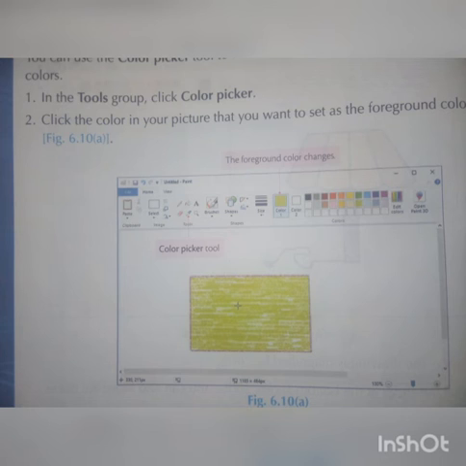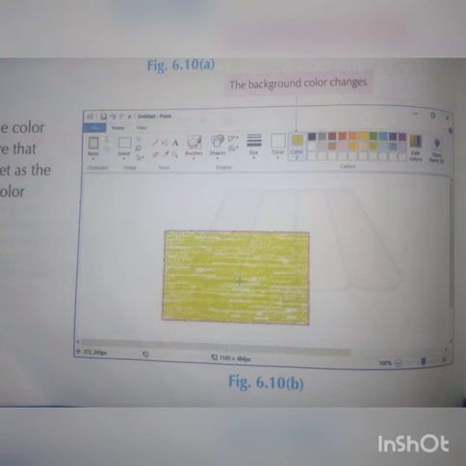Then with the color picker, you have to pick one color from another diagram or picture or from this. Here they have selected color 2 as green and color 1 as white. So color 1 white means the background color is white, and color 2 is the inside, which is the green color. See how many colors are there. Then can you see at the end, edit colors. By mixing more colors you can edit and create new colors using edit colors. Then by using the size you can adjust the thickness.